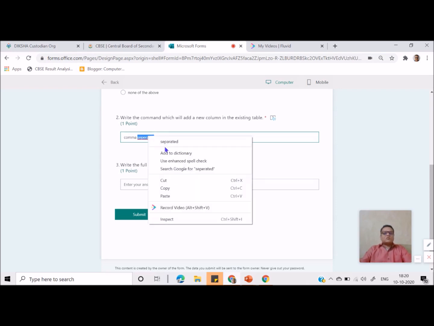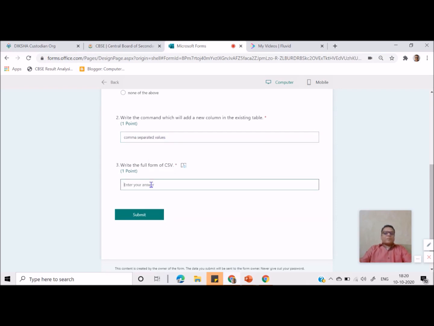So now herein we can check if I'm writing value or values. So I need to give another option. This is an alter table. Is alter table command. Now if I write this, it will mark wrong. Alter table command. Here I'm writing in small. So let's check which one is correct.